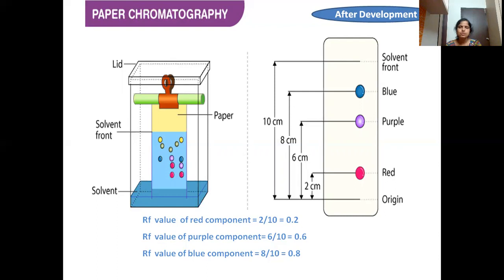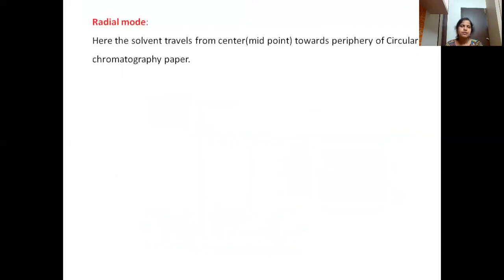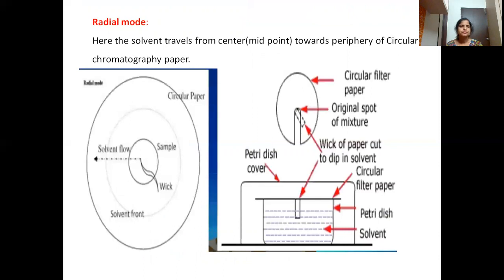So based on those standard values, we can identify the components which are present in the mixture. So two techniques we have discussed: one is ascending chromatography and descending chromatography. Then the third one is radial mode. Radial mode is nothing but, here what we require is the same Whatman filter paper, but we have to